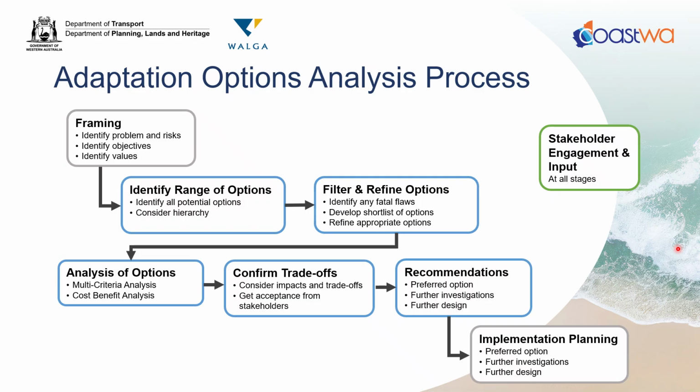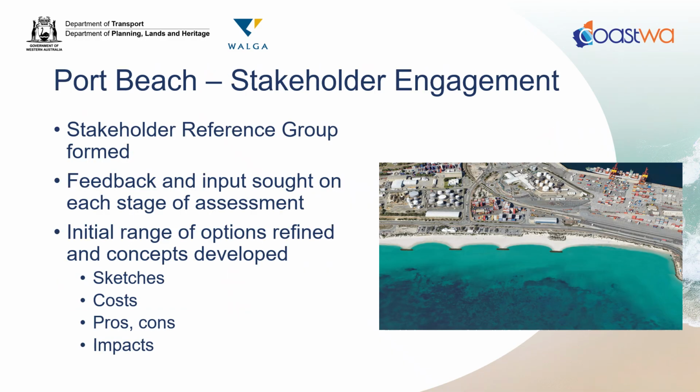The shortlisted options were developed further, stepped through a multi-criteria analysis and cost-benefit analysis, assessed for impacts and trade-offs, and went into recommendations for implementation. Due to the large number of stakeholders at Port Beach, a stakeholder reference group was formed. This included representatives from the city, along with local user groups, Fremantle Ports, Main Roads and PTA, and feedback and input was sought at each stage of the assessment and on the various options and their assessment right the way